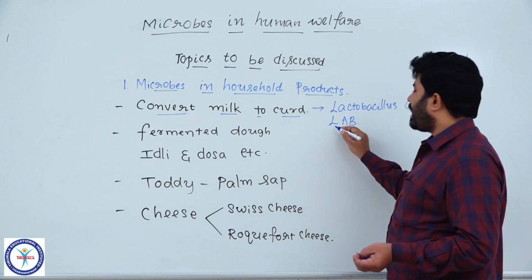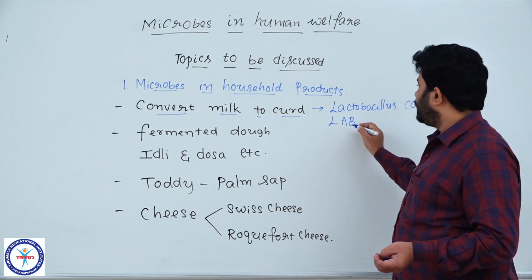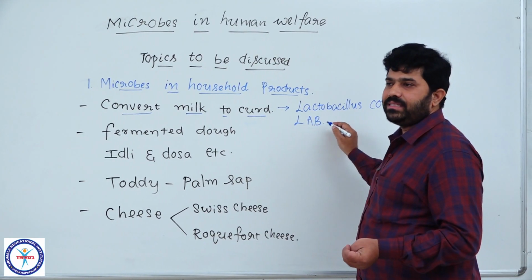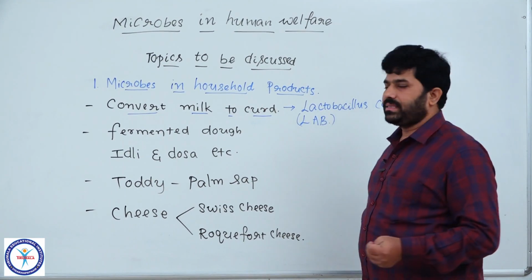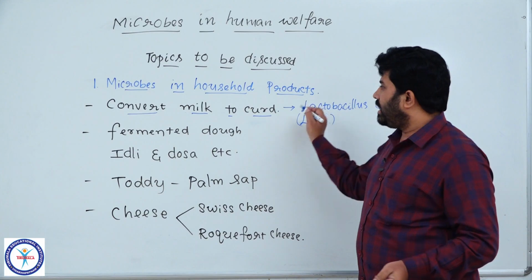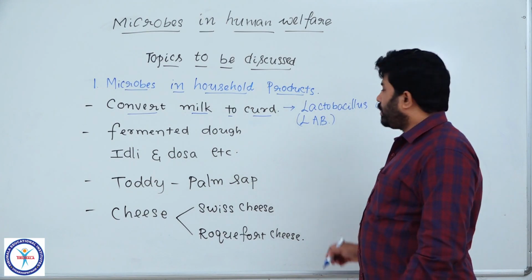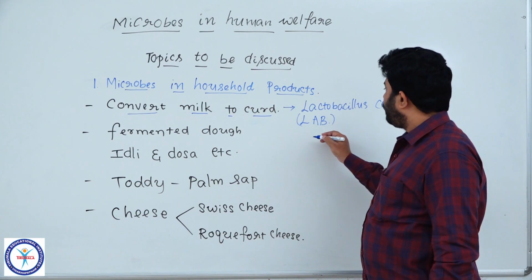LAB means what? Lactic acid bacteria. Lactic acid bacteria. This is the bacteria which is going to convert the milk, in the presence of